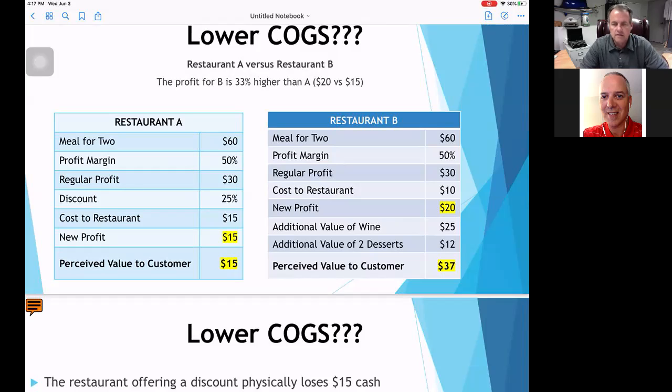So we always talk about if you offer a service, then you should offer a product on top of that. If you offer a product, then you could offer a service on top of that, something value added in addition to whatever you're selling. Here's one little marketing tip while we're here. And I do want to say this because it always comes to mind. If you're going to offer a wine and two desserts, or you're going to offer a coupon in marketing or whatever,